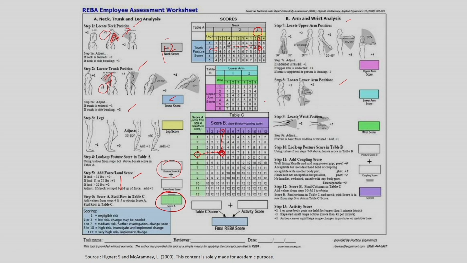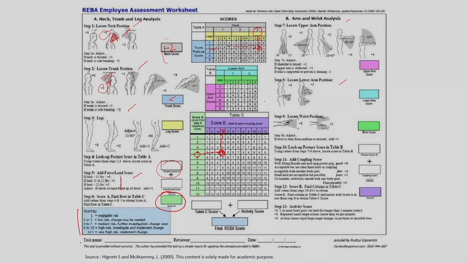So what is the implication? Depending on the REBA and RULA scores, you can understand whether you have to intervene in an emergency, or you can maintain it, or it is not risky, or it is high risk or medium risk. The implication of the score is also included in the chart. If your final score is 1, then that is negligible risk.